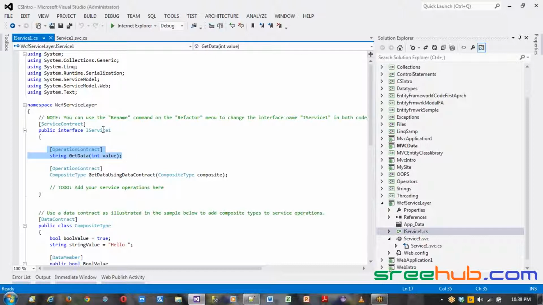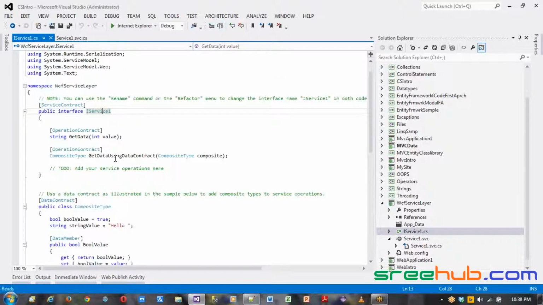An interface can have only operations. You cannot have methods which have a body. That is your operation contract. Now when we go back here, if you take the first operation contract, you can see it's a simple operation or method called getData, which returns a normal data type and also accepts a normal data type, which is an int value. Fine. Now, when you see the next operation contract,